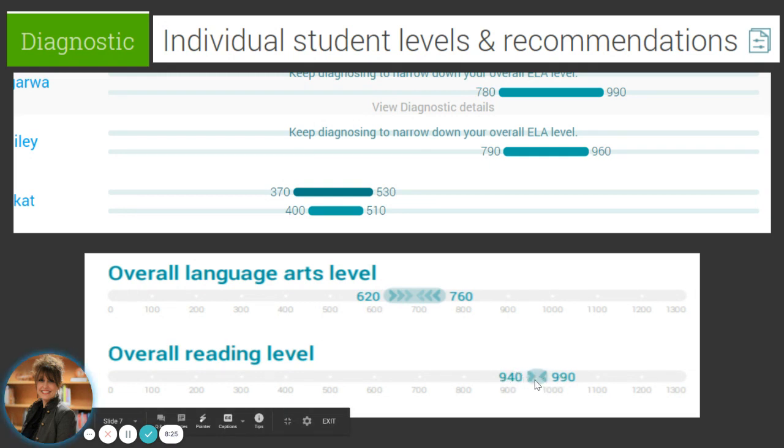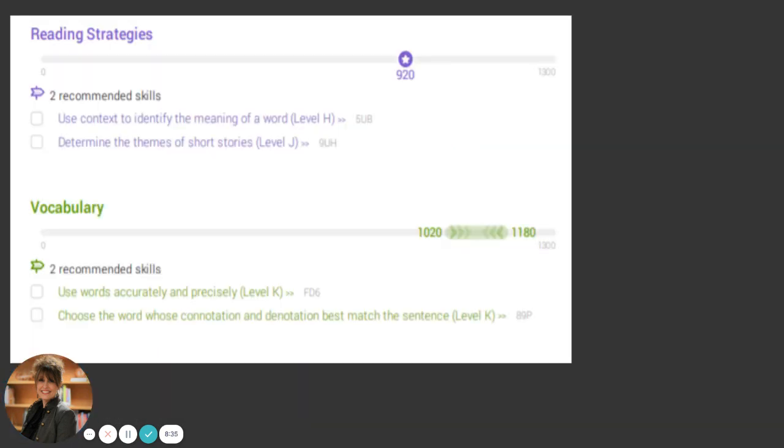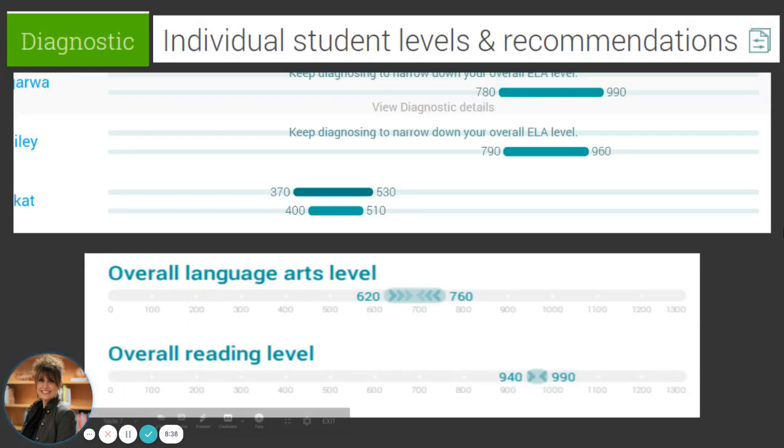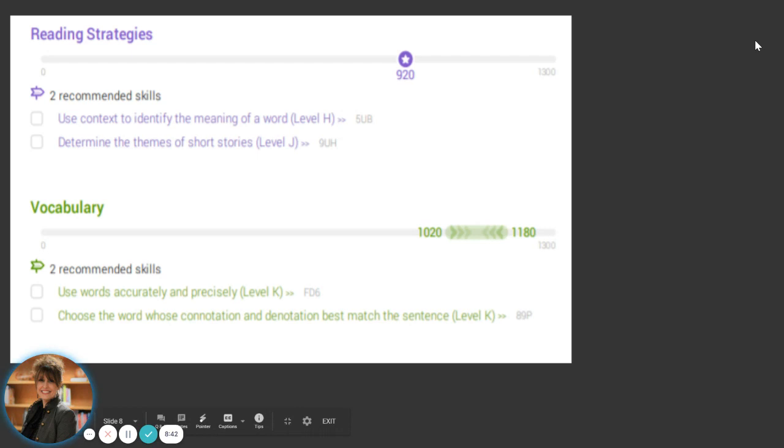It's almost there. It's probably going to land right about 960 because the student has one more day, I think, of diagnosing, and then it will make a little round ball, and that's exactly what a student is at that point in time. So then moving on, what's great about this is when you click on this report icon, it's a customized plan, this is what it will look like. So based on that last student I just showed you, it's showing you this is the level they're reading on,